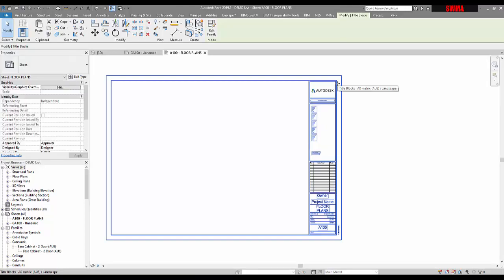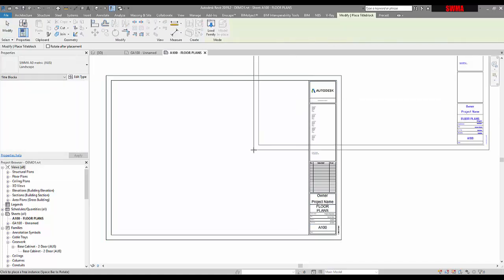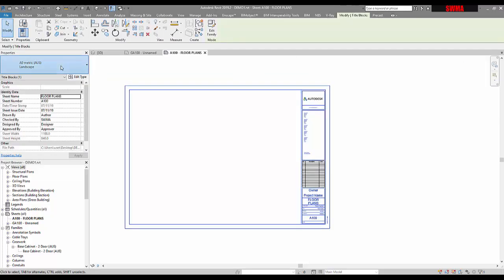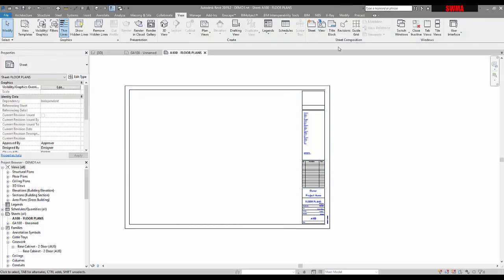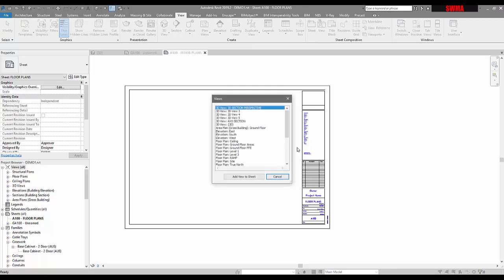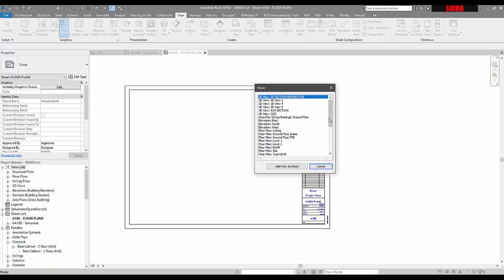So again, you can go and do that should you want to, or we can just grab that one and do the drop down. And we want to load some views into the sheet, so you can drag and drop them from here, or you can do it from here, and it will ask you what views you want to bring in. So really I just want the floor plans at the moment, so I'll just get the ground floor, and maybe not the reflected. I'll just get floor plan